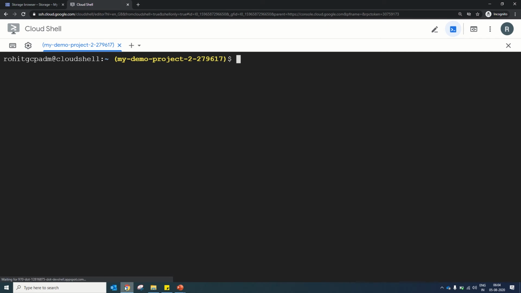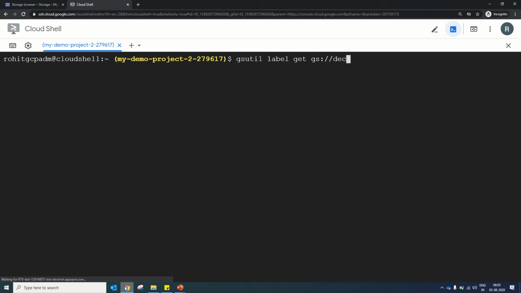Next is the label command. In the label command, we will see how we can set the label of a bucket, how we can retrieve the label of a bucket, and how we can change it. Labels are very useful in organizing and grouping your bucket data, and very helpful when you have multiple buckets, to identify the purpose and use of each bucket. For example, let's see how we can retrieve the bucket label: gsutil label get and the bucket name.